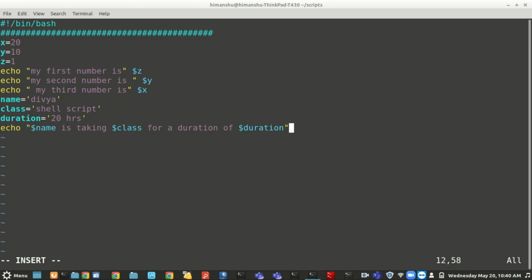Now when you have to write something like this multiple times, in this scenario every time you have to write this in double quotes, then this in double quotes, right? So that is multiple tasks for you when you have to print multiple variables in the same echo.